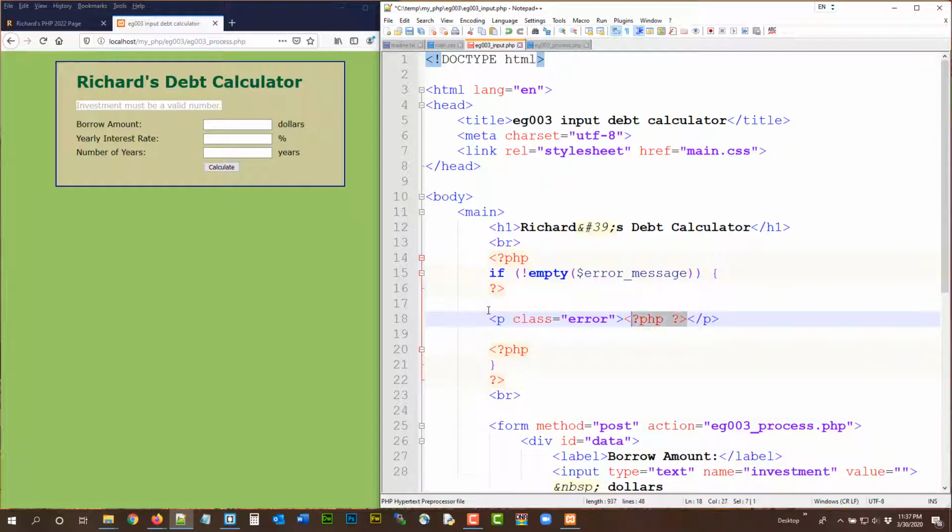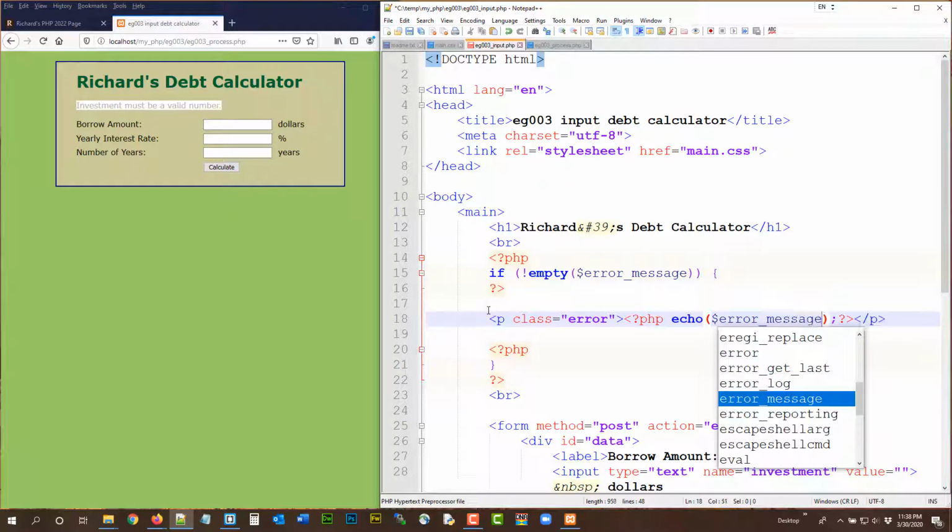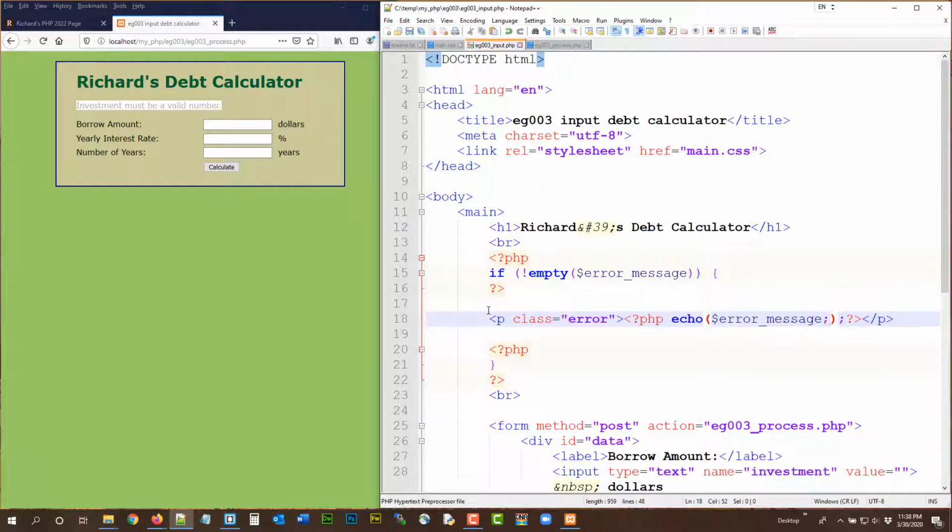and then we say I want to echo my, and then PHP again. So you have HTML and then you have PHP again. I want to echo my error message. Okay, I want to mention that error message actually is a variable declared in the second file